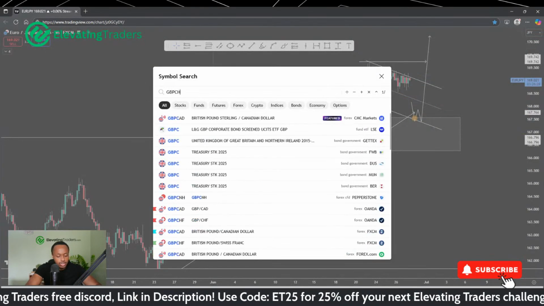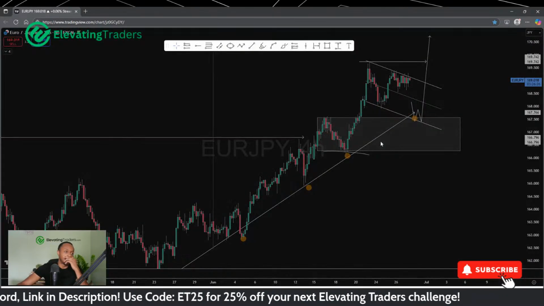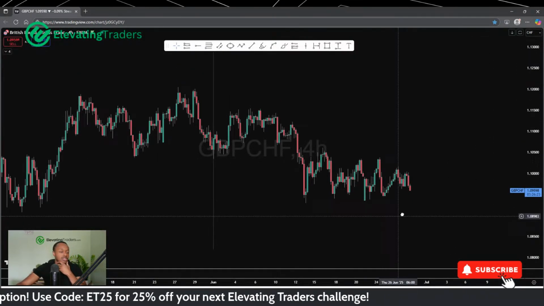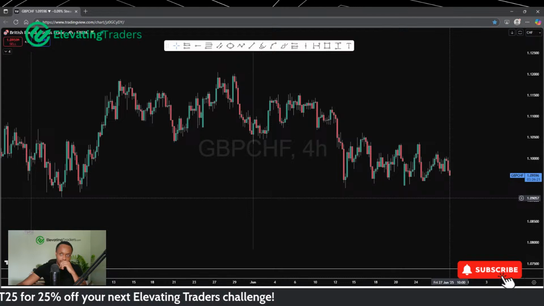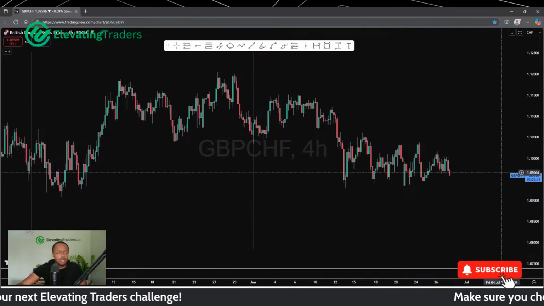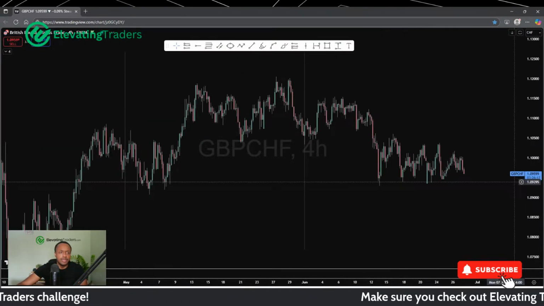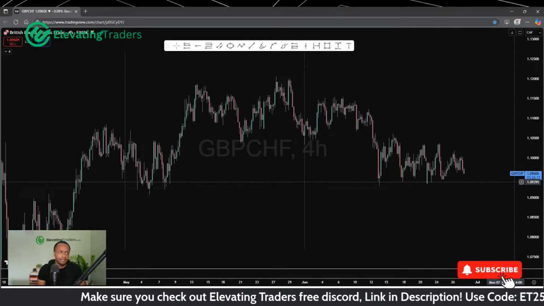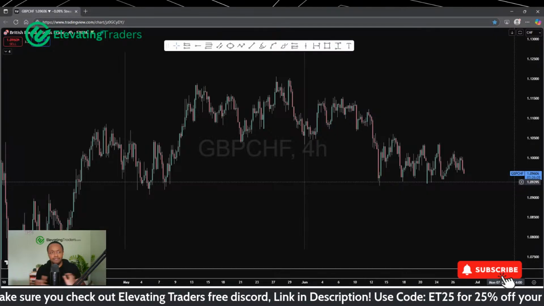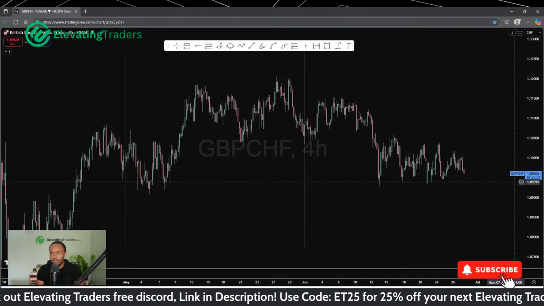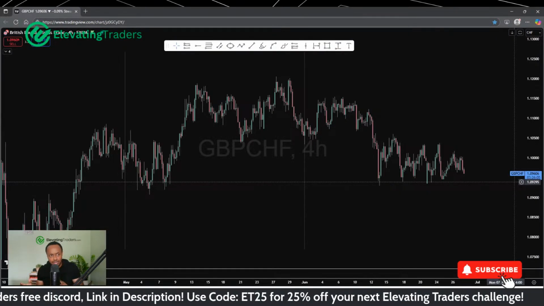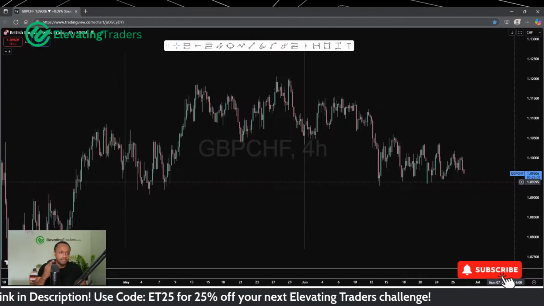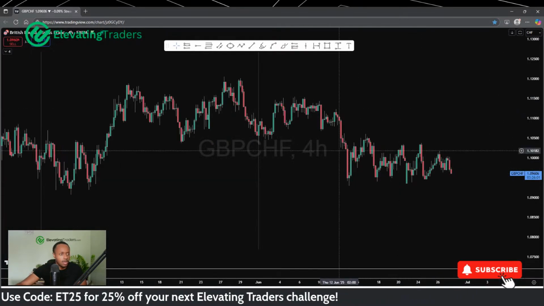So pound Swiss franc, yeah, I haven't actually been keeping up to date mostly with the Swiss franc pairs. I was looking a lot at Aussie Swiss franc a couple of weeks ago, and then I got trailed out of break even on the Aussie Swiss franc. Then it had that massive sell off, so I kind of just stepped away after that, waiting for price to give me a bit more information about its next move. Since then, the Swiss franc pairs have been looking pretty bearish. Pound Swiss franc did break lower as well.